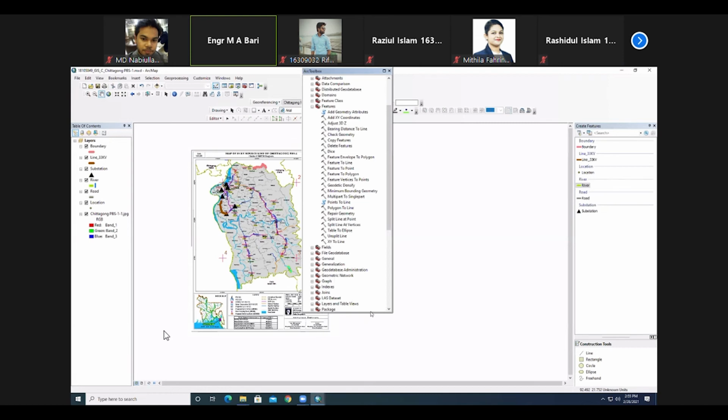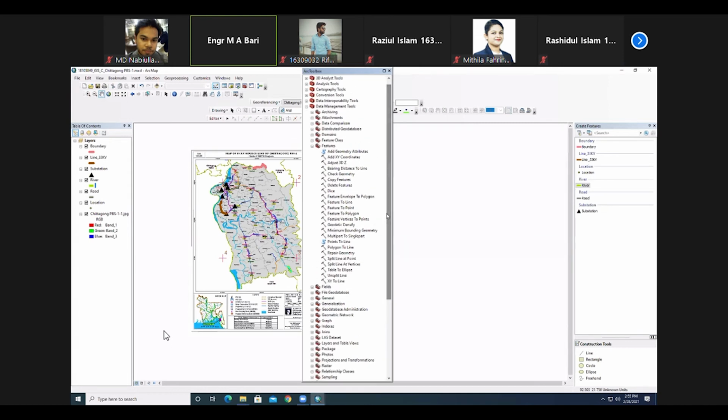Okay, now you are thinking GIS is not easy. Look at this thing. I am only opening one thing, that data management tool. In my life, I have used all the tools. And I know that if possible, I will give at least this part so that you can understand the others. That's why I am giving the midterm. If you finish it, then it is possible for me to give the next lecture. Otherwise, it is not possible.